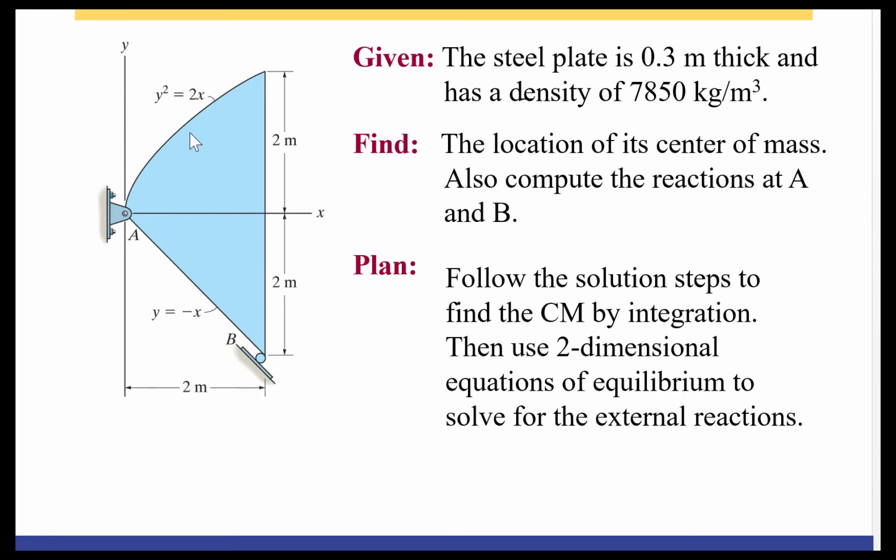A piece in the upper part of the x-axis has a function y squared equals 2x, and the lower is the negative of it. Now the steps, we don't care about the details, but what's important are the steps that lead us to calculate,